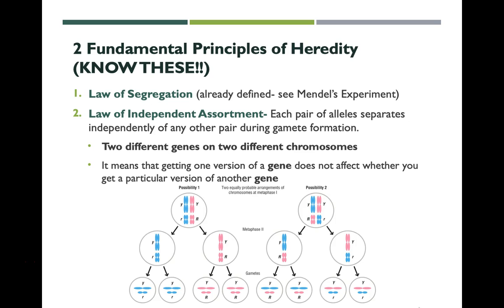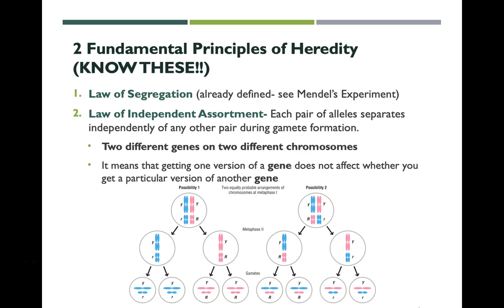Our second law is the law of independent assortment. And this one is a little bit harder to see, but it simply refers to 2 alleles for 2 different genes on different chromosomes. So this is where Mendel started looking at 2 traits at once. So the law of independent assortment says that each pair of alleles, so let's say we're looking at flower color, separates independently of any other pair of alleles. Let's say